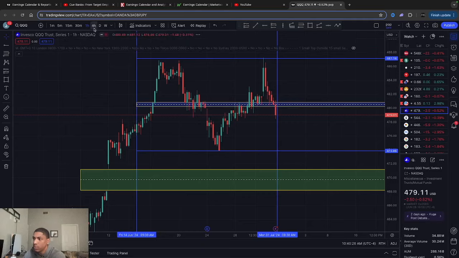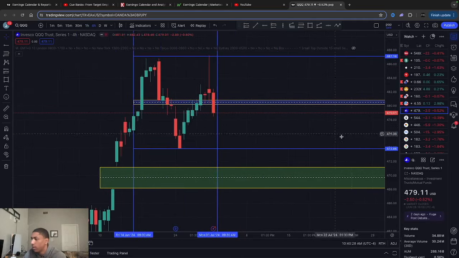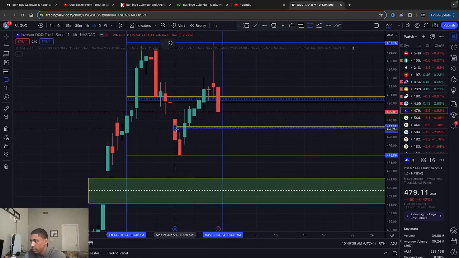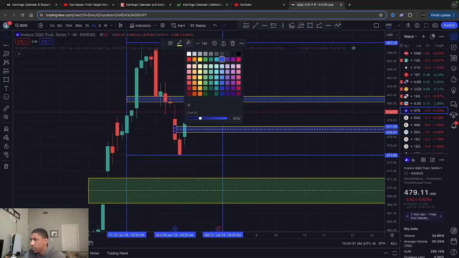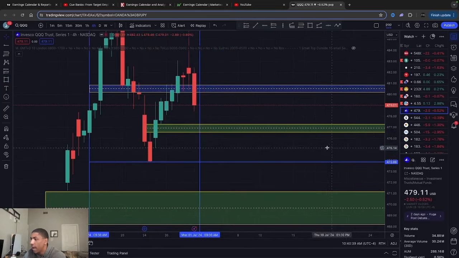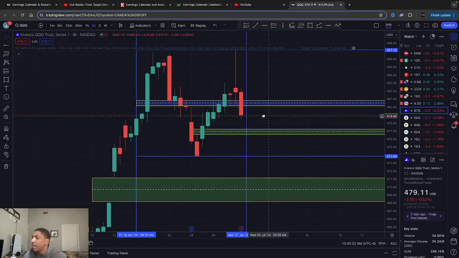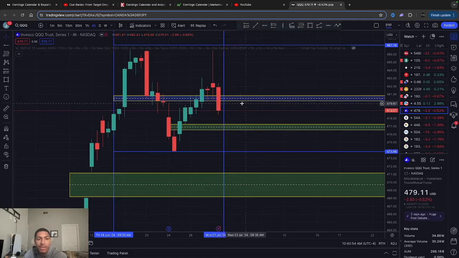I think I missed something on the 4 hour. Yep, I missed something on the 4 hour. So now we should see a retracement back down to this level here. You see this imbalance? That's an imbalance, a fair value gap. Now, if price fails to break below this level here, price is going to come to this midpoint, fill up this fair value gap, retrace back up into this midpoint, and if price does not break this midpoint here,